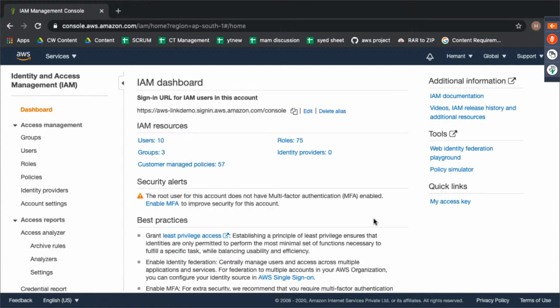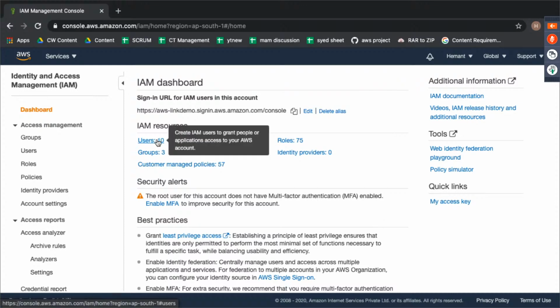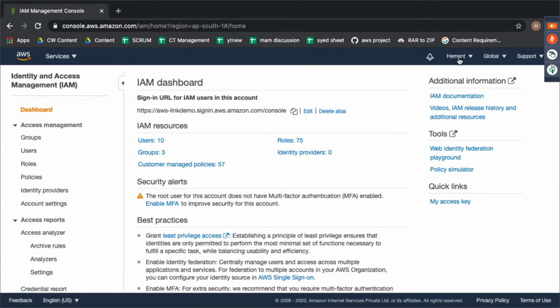Yes, so this is how your IAM dashboard basically looks. Now, I already have some users that I've added because this is also a corporate account that we are using, right? So there are multiple people who are added into it, but let me show you. If I want to add a new user, right now I'm logged in through my account, right? So I want to give this company's account to, let's say, a new joinee. So how can I go ahead and do that,